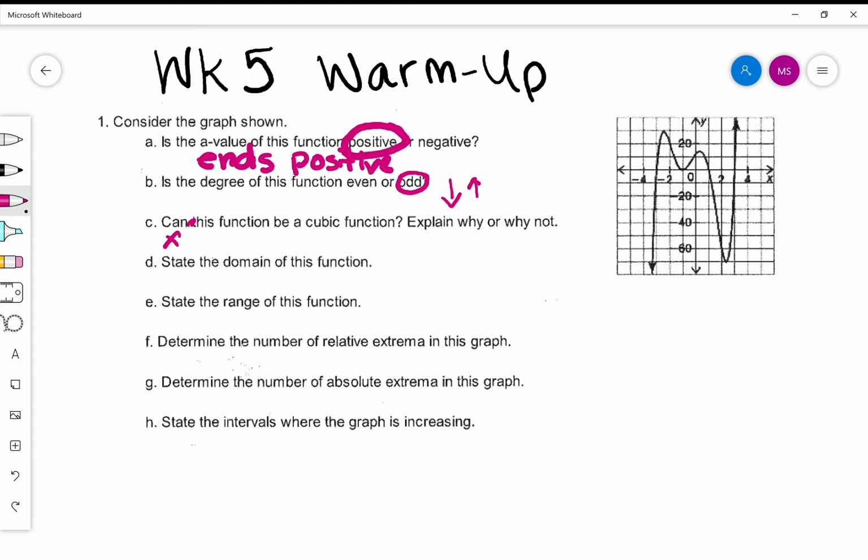Remember, the power tells you the amount of zeros that this function would have. So because it's a cubic function, that means it should have 3 zeros or 3 roots or a total of 3. All right, so this function cannot be cubic